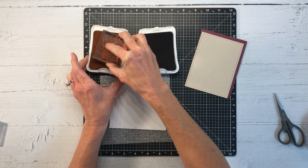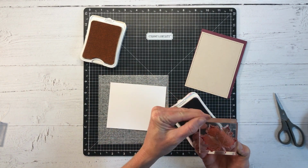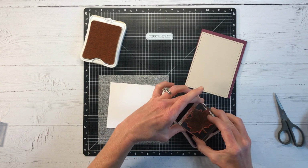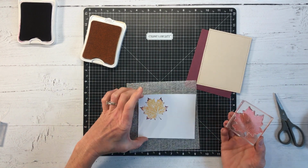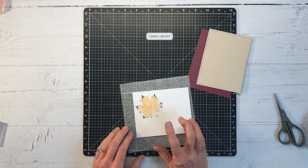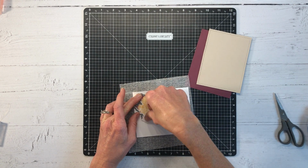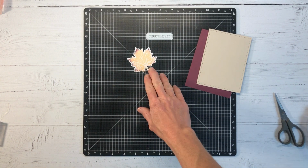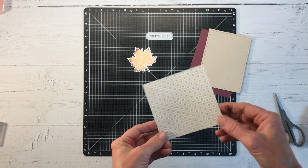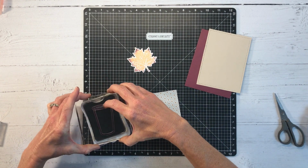And for my leaf, to make this even fancier, we stamp first in the lighter color, and then you see me rolling the edges in my darker color. And then when we stamp it down, we get this beautiful look of a fall leaf with that red saturating the tips of our leaves like it's changing color. So pretty. So I just quickly die cut that out,